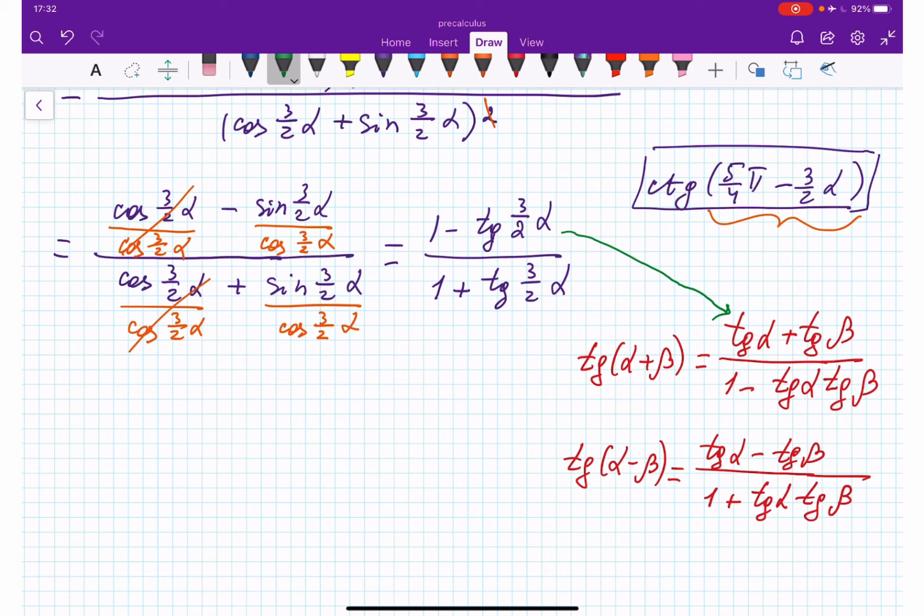And what is interesting, I have here minus, right? Okay, this one I'm going to represent as tangent pi over 4, because tangent pi over 4 is 1, right? Because sine pi over 4 is square root 2 over 2, cosine pi over 4 is square root 2 over 2, and when you divide, you get 1. So tangent pi over 4 minus tangent, let me see,